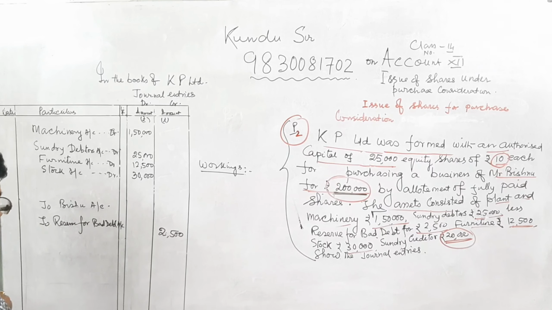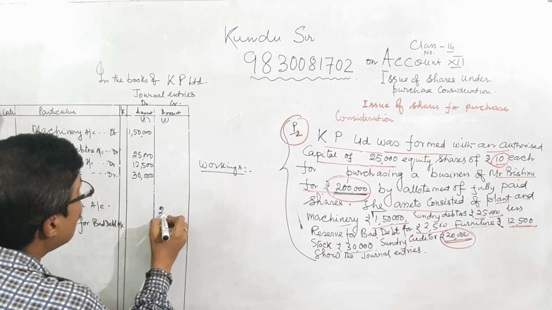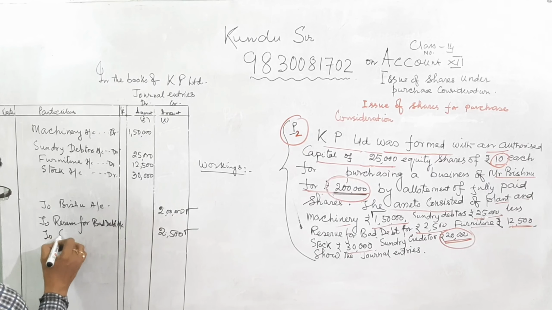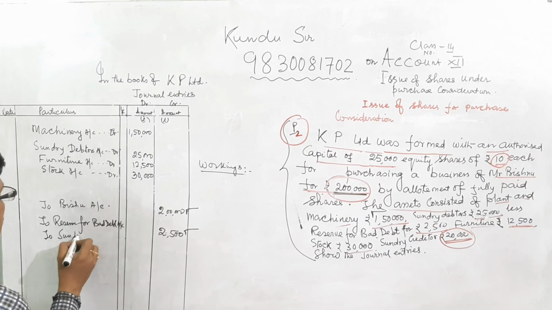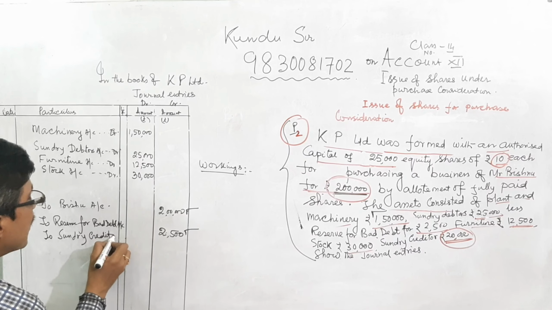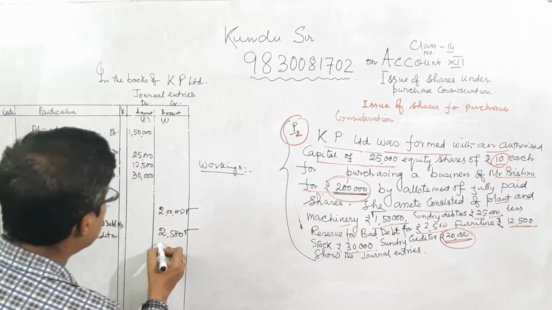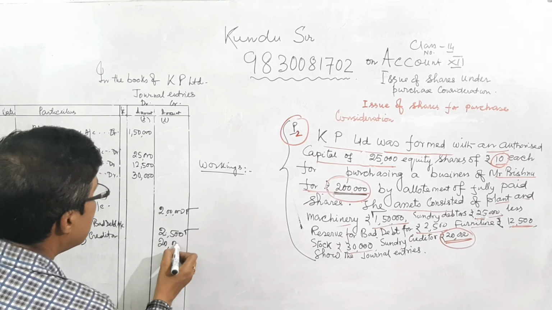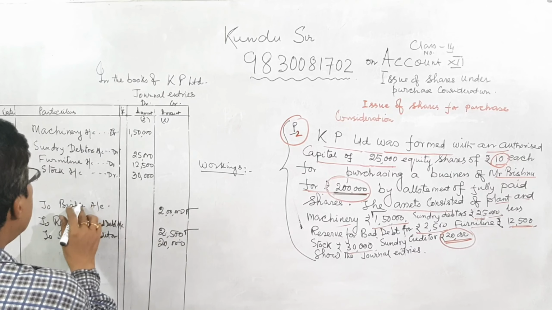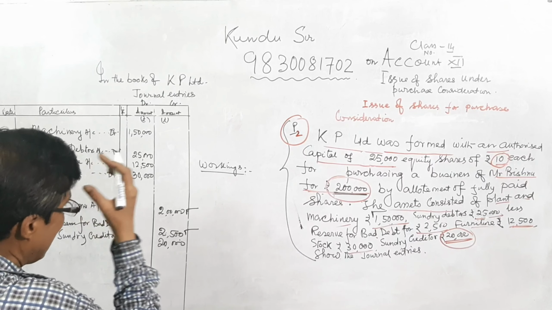To Vishnu account, the company is giving credit for 2 lakh. Sundry creditors, how much is it? Sundry creditors 20,000. That means it is the purchase consideration for Vishnu, and